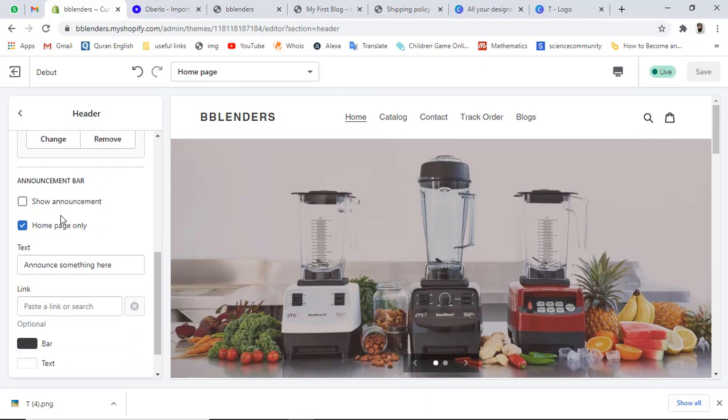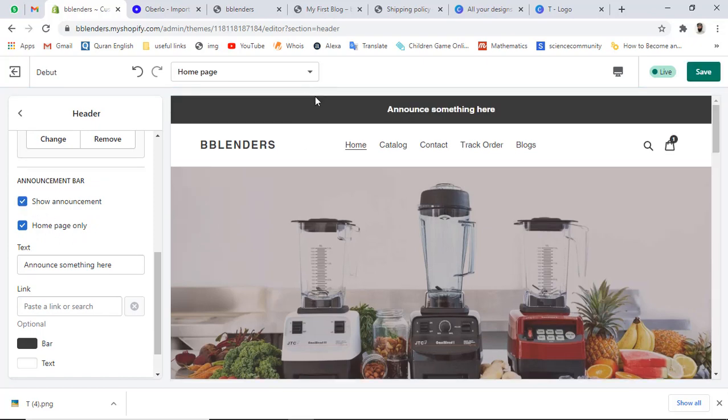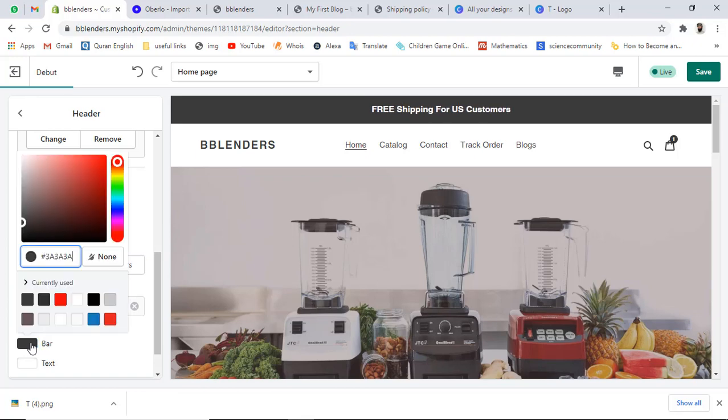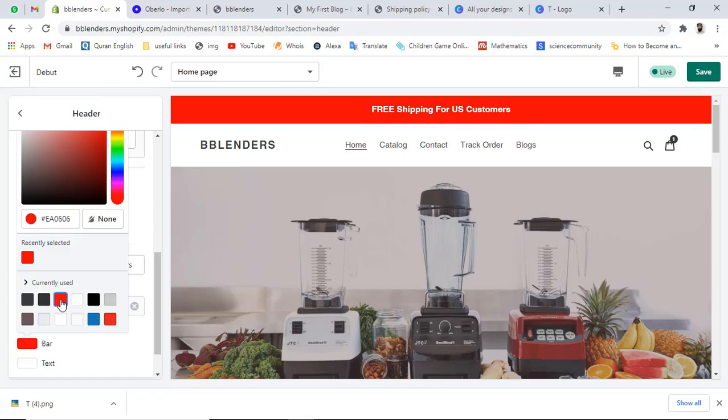Here we have another new feature, which is show announcement. So for example, you are interested to give free shipping, so you can also write here some text which could attract your customers to buy your products. Free shipping for US customers. All right, so let's change the color of this specific announcement bar to red. So this is looking cute,